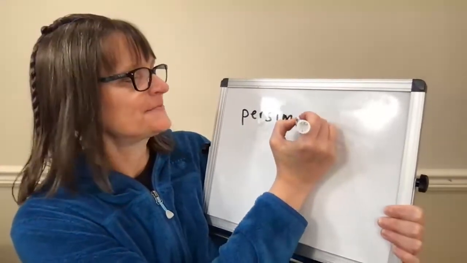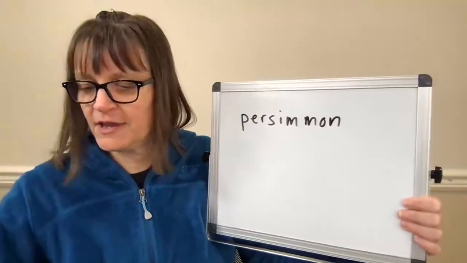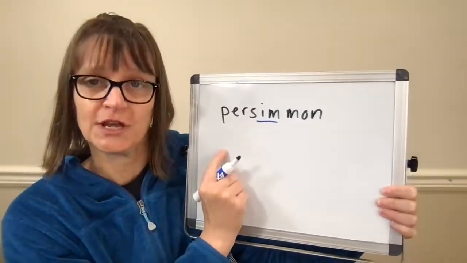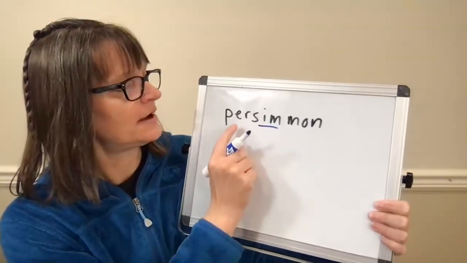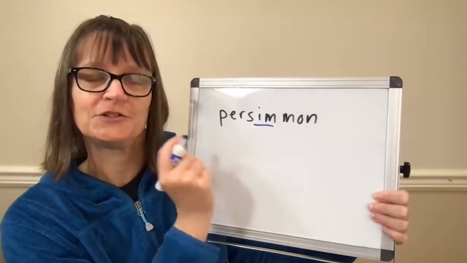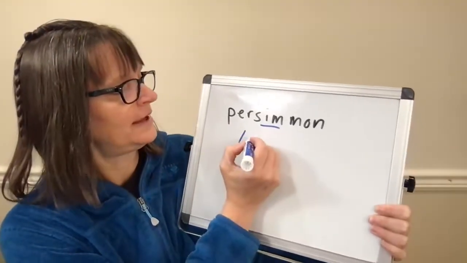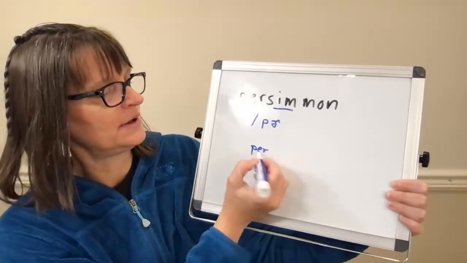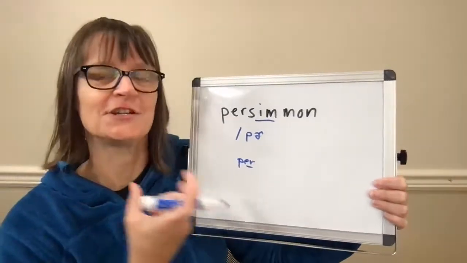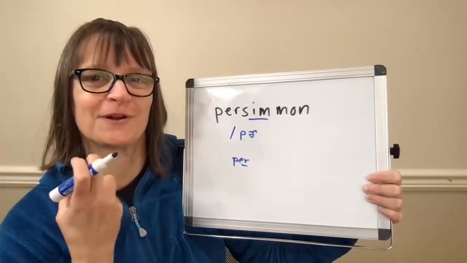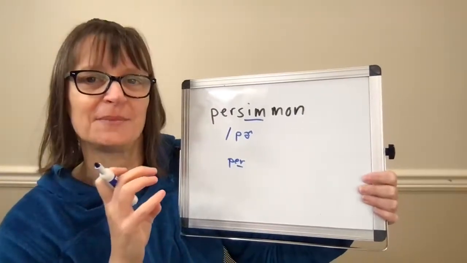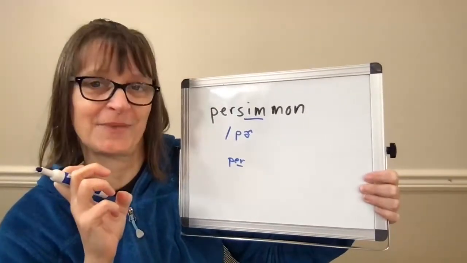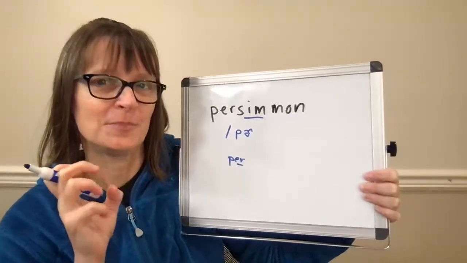Persimmon with two M's. When we're looking at persimmon, we have second syllable stress. The tricky thing here is that even though I don't stress that first syllable, I still do use an R vowel. That'll be written this way, like an unstressed R. Because R can be challenging, this is one of the places where it's most challenging because you don't have a lot of time to do a strong R. You don't want persimmon, but you do need that tight back American R. So again, you can build from the R,